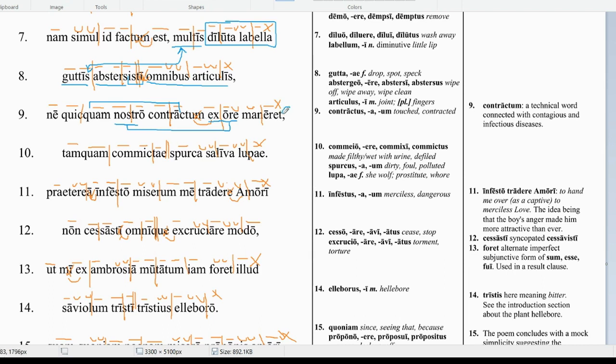So this is a subjunctive because it's a purpose clause, right? We have that ne here. You did this. You washed them, you wiped them, so that nothing contagious from our mouth might remain. Tamquam, as though